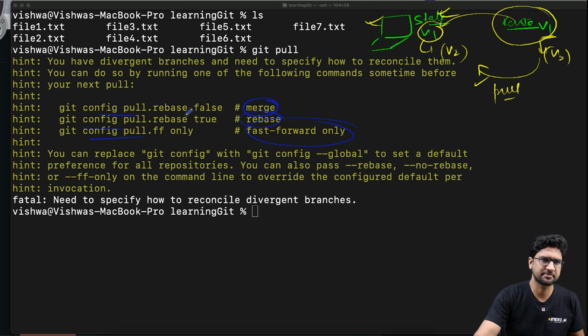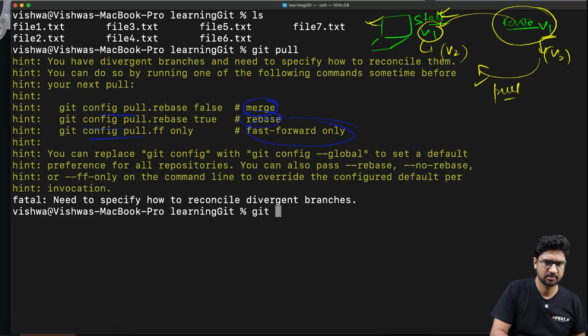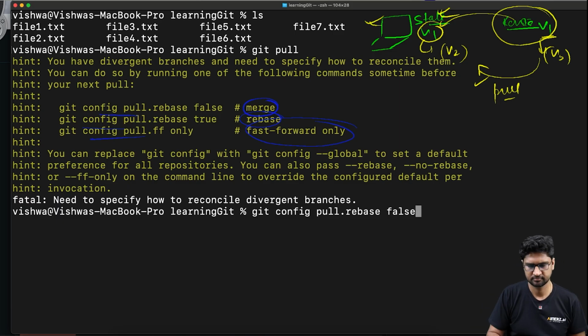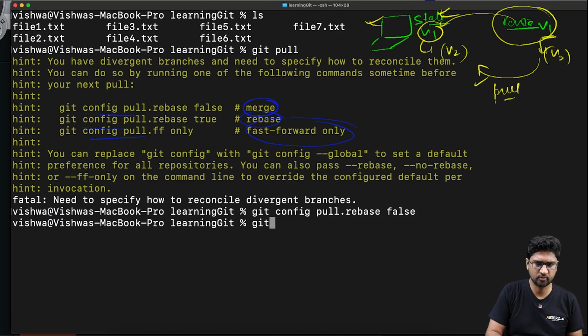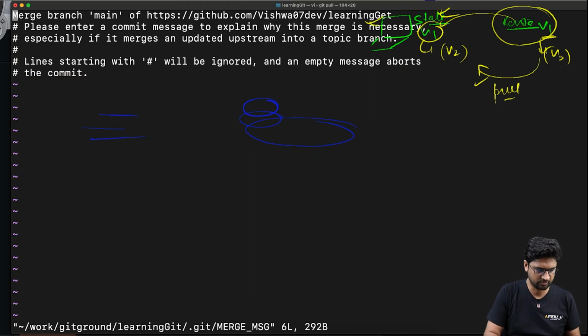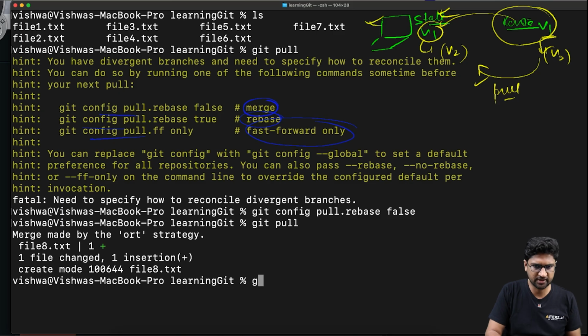So I'll set this rebase option as false, or I say git config pull.rebase false, okay, and then I go to the git pull, right, and then I do the wq, and if I do the git log now,